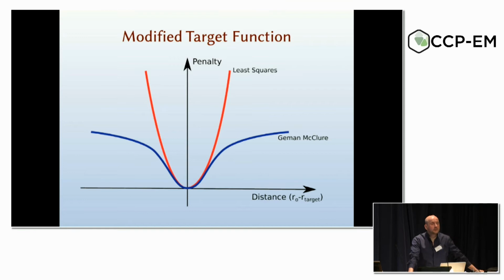everywhere else in its refinement. So now we're using a Geman-McClure modifier of this target function so that when we get a long way away, for some value of a long way away, it's user adjustable, then we no longer pay a penalty, not so big a penalty, between hypotheses that are a long way away from the